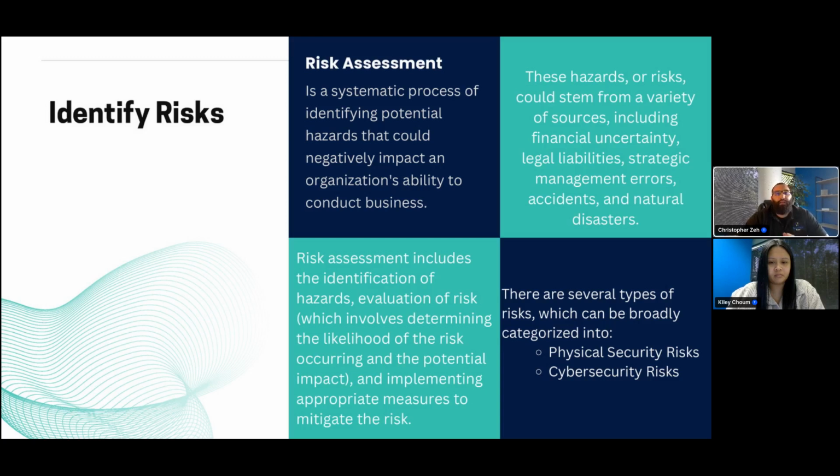These hazards or risks can vary: financial uncertainty, legal liabilities, strategic management errors, accidents, or natural disasters. What I mean by natural disasters is if a tornado or a hurricane comes through and your servers are there and they just get destroyed. So we need to make sure we have a process for how we are going to back up this data. That's one of the risks